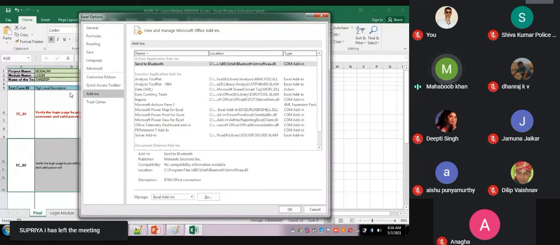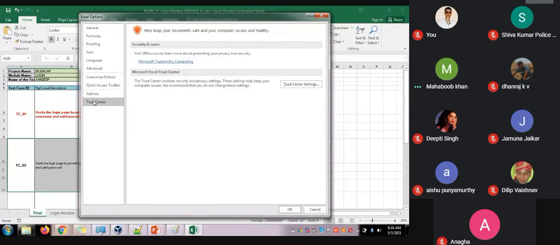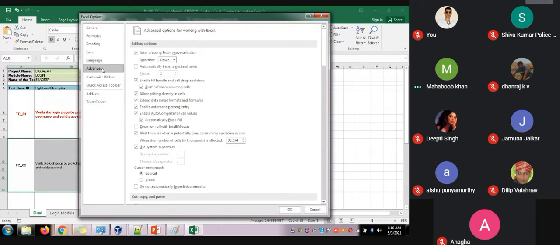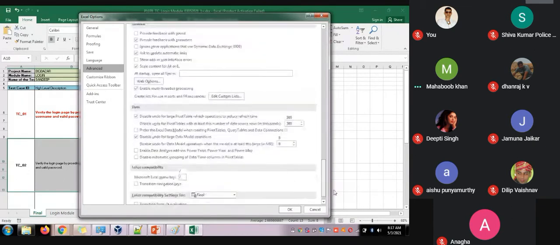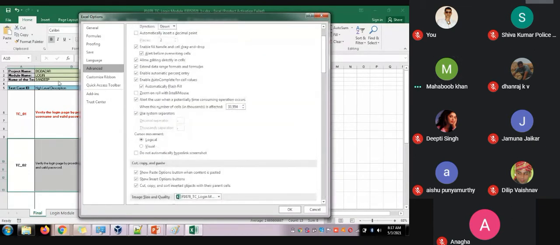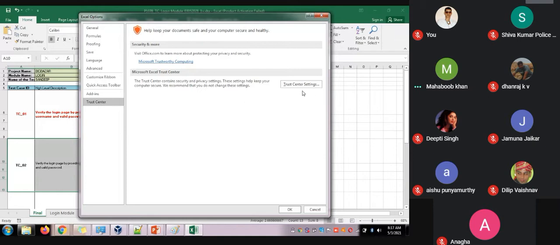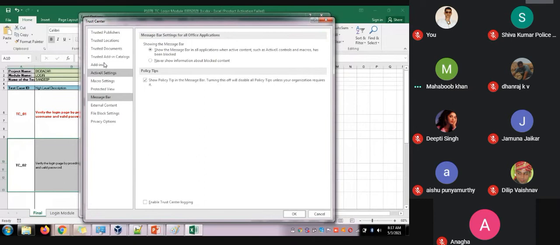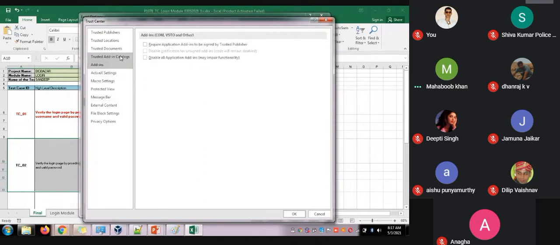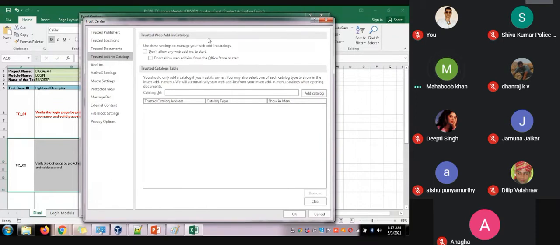Once it is installed, when you see here, add-in category, you need to add categories, QC category, and install this.